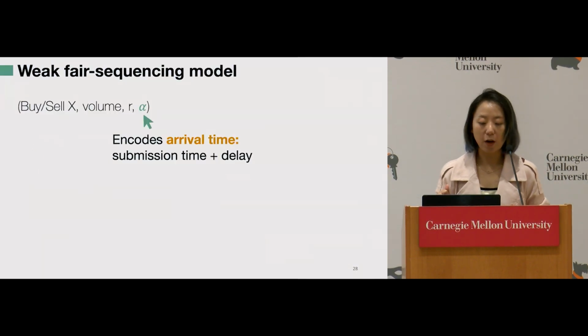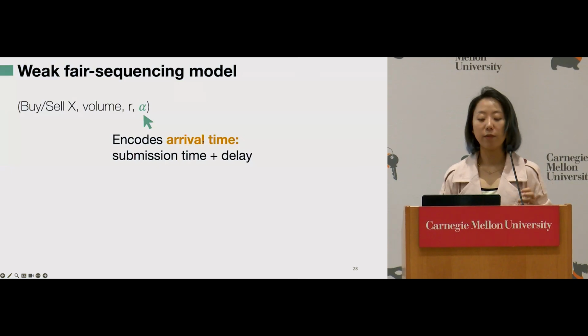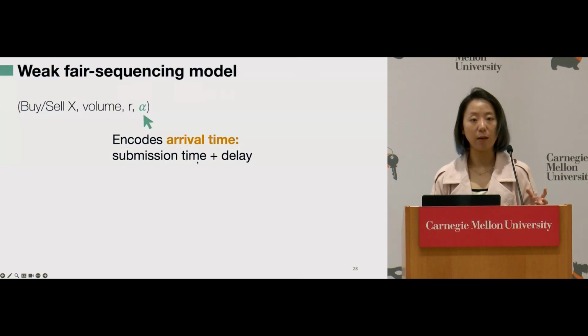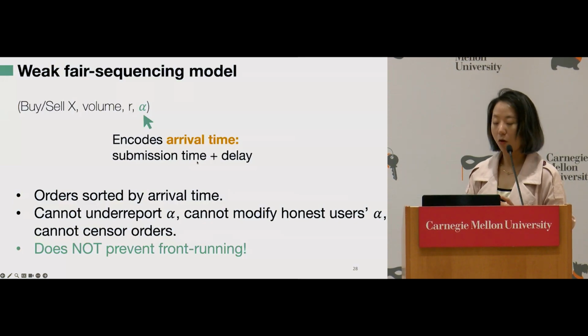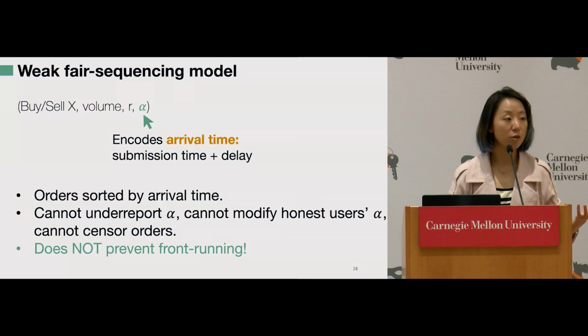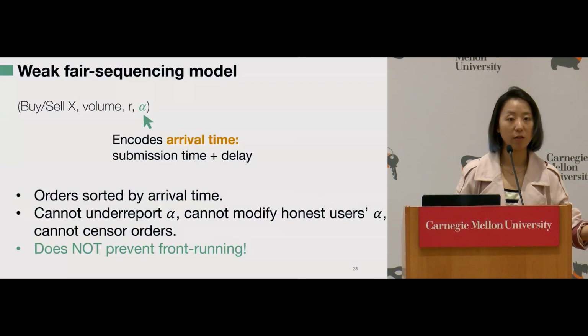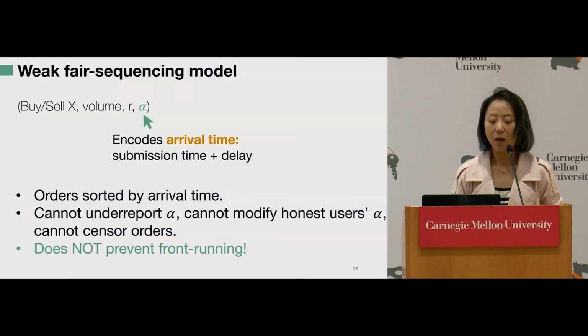So in the weak fair sequencing model, this auxiliary information will explicitly encode the arrival time, which in the honest case should be equal to the submission time plus the network delay. In the weak fair sequencing model, orders are sorted based on this arrival time. Users cannot underreport the arrival time. You cannot arrive earlier than you should, but you can delay your orders if you want. Also, they cannot modify honest users' arrival time, and they cannot censor honest users' orders,